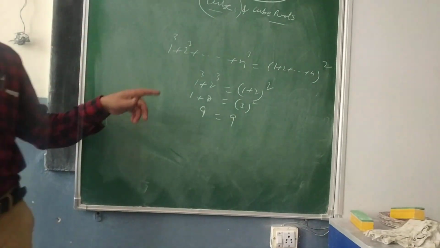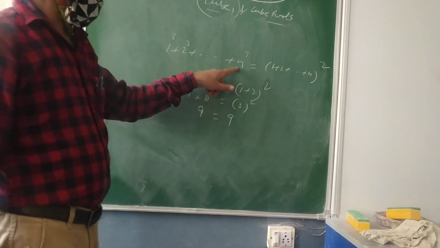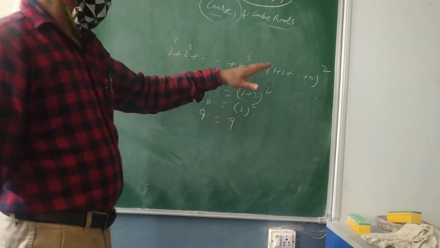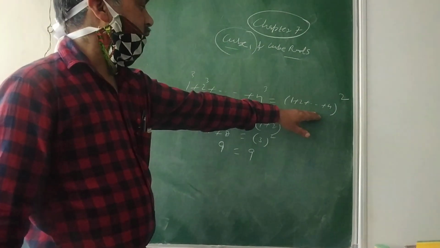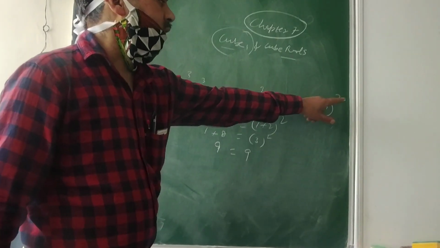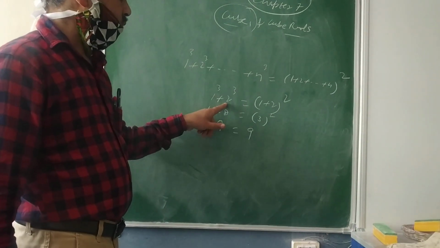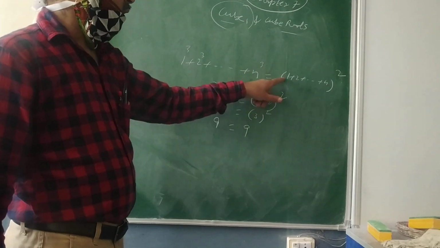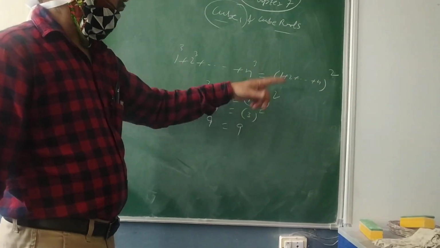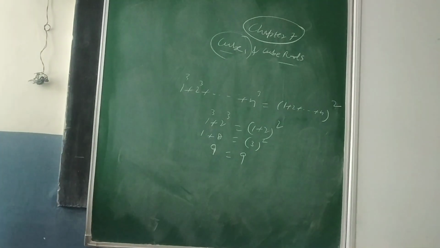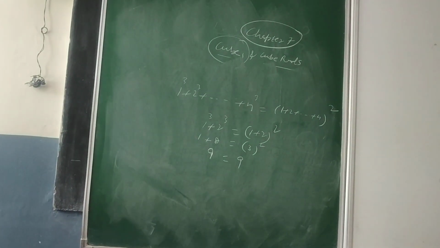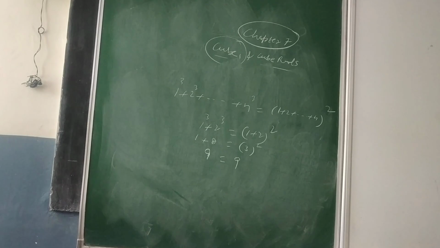So very useful property. Sum of the cubes of n natural numbers is equal to the square of the sum of all those numbers whatever you have taken. So as I have taken 1 and 2, if I take the sum of 1 and 2 and get the square, my left hand side will be equal to right hand side. A few other examples are also coded, you can check there.